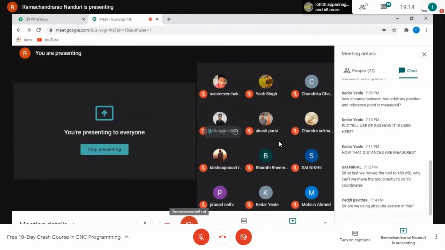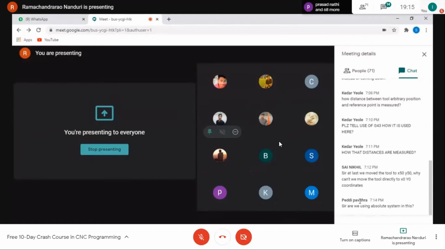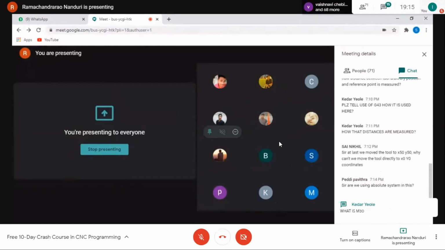Sir, are we using an absolute system in this? Yes, Pavitra. We are using the absolute coordinate system only. That means all the coordinate values are expressed with reference to X0, Y0. And if at all we use an incremental coordinate system, the first point will be X0, Y0, and thereafter we will be expressing the coordinate values of the points with reference to the previous point.